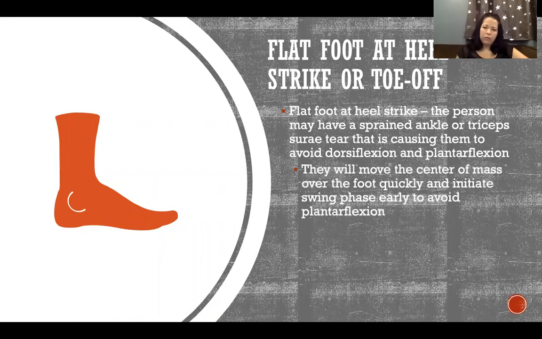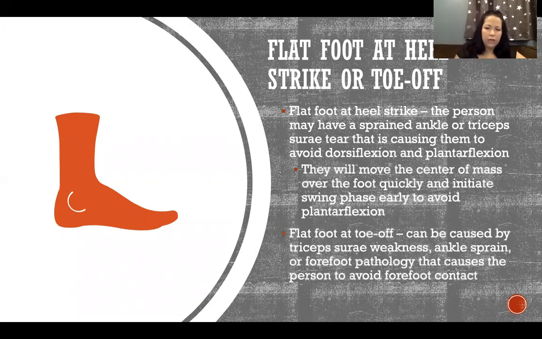They'll move the center of mass over the foot quickly and initiate swing phase early to avoid plantar flexion. Okay, so that's an example where we might have shortened stance phase because they're trying to avoid weight bearing and they're trying to go back into swing phase quickly so they don't have to plantar flex and hold their body weight in plantar flexion. Flat foot at toe off, so when the foot is leaving the ground, could again be